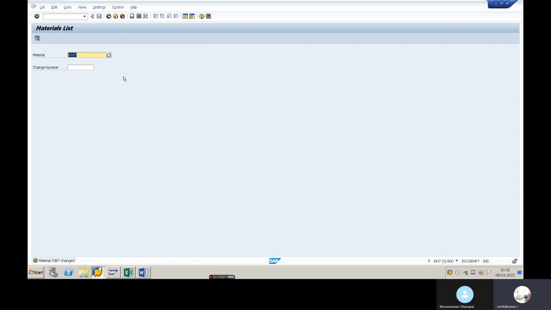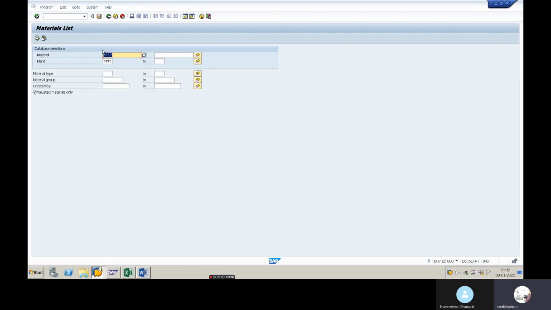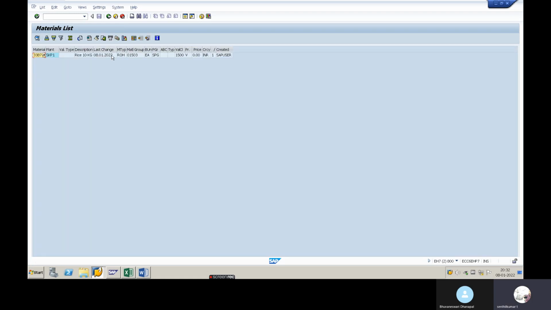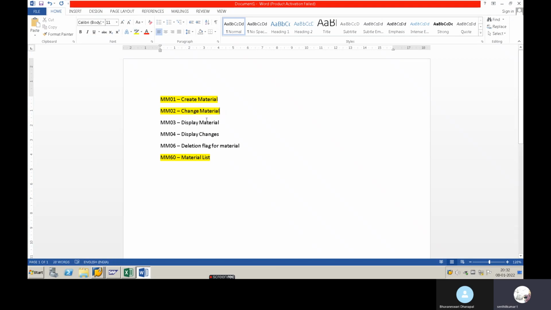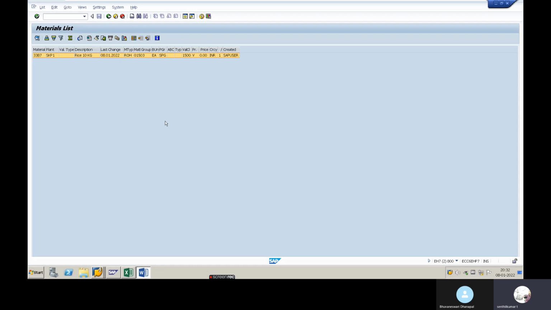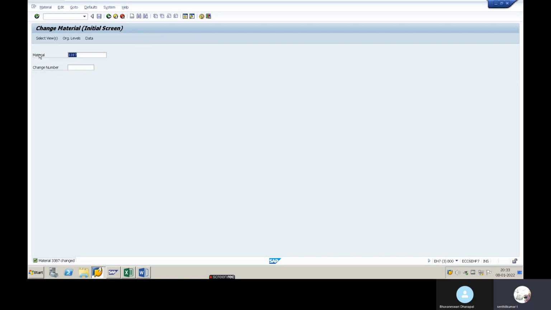Now you go to MM60 and you can see the change. Now the description is changed to rice 10 kg. So now the change of material is completed. Then another one is display material. Display material means you can only see the material, you can't make any changes, only view the material in the transaction